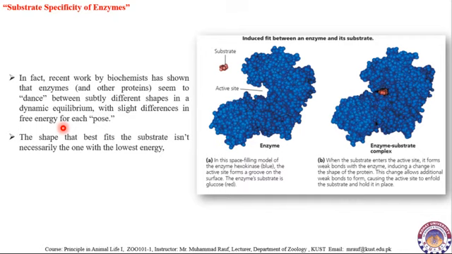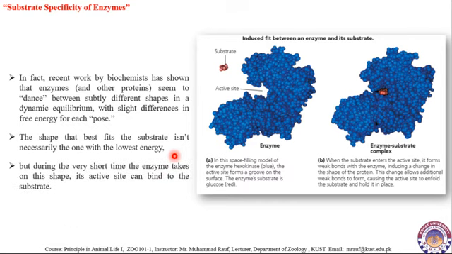Obviously, enzymes perform work by catalyzing reactions. The shape that best fits the substrate isn't necessarily the one with the lowest energy. But during the very short time the enzyme takes on this shape, its active site can bind to the